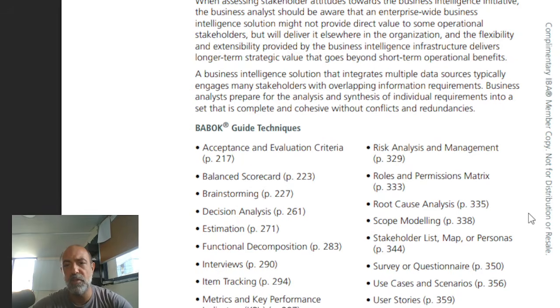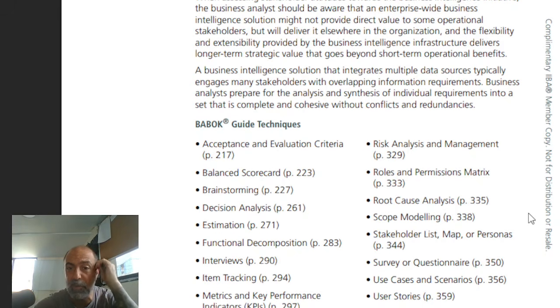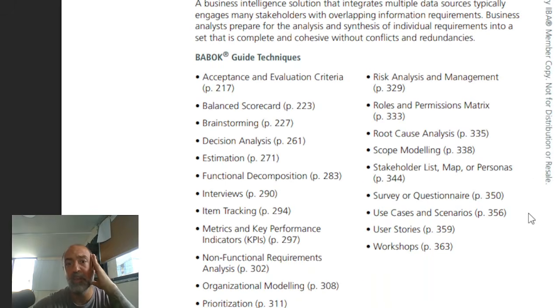A business intelligence solution that integrates multiple data sources typically engages stakeholders with overlapping information requirements. Business analysts prepare for the analysis and synthesis of individual requirements into a set that is complete and cohesive without conflicts or redundancies. Some of the techniques we're going to be using are acceptance criteria and evaluation criteria, balanced scorecard, brainstorming,